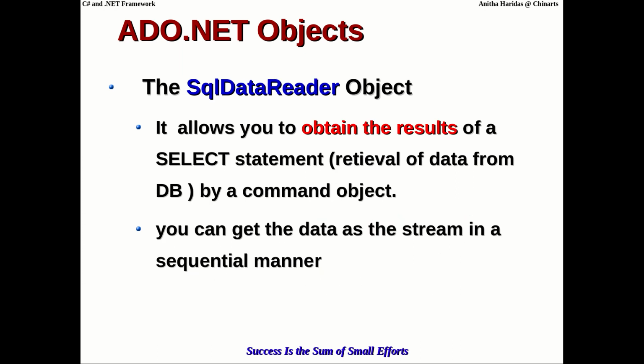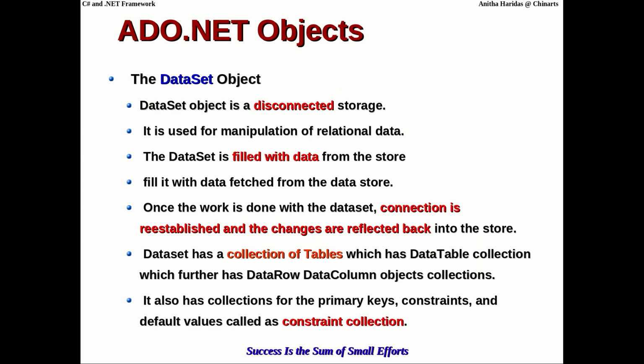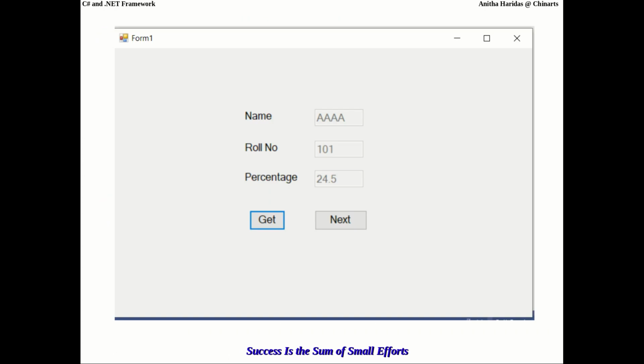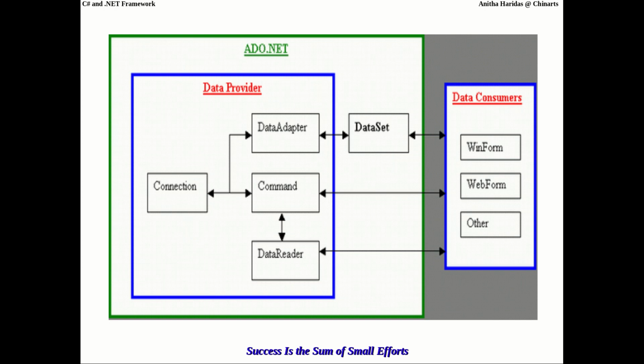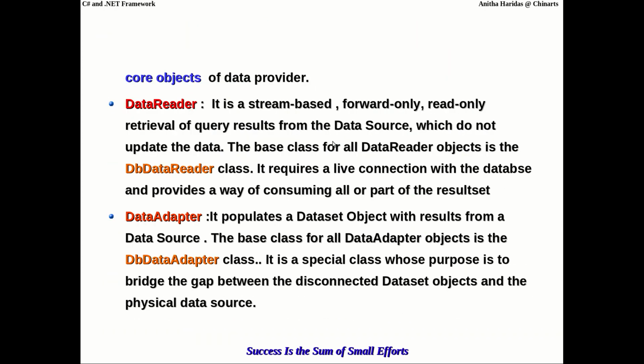Let us go back to the slide again just to repeat that concept. We have seen this architecture. The data adapter establishes a connection to the database, so it retrieves the data, and whatever data is retrieved by the data adapter will be populated or stored in this data set. Once it is moved to the data set, the connection will be disconnected. That is why we say it is working in the disconnected mode.